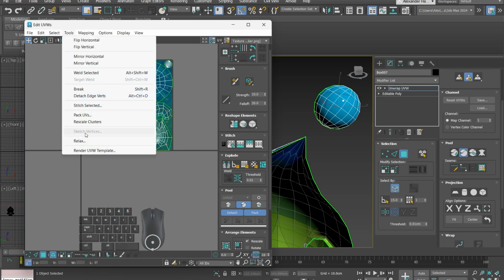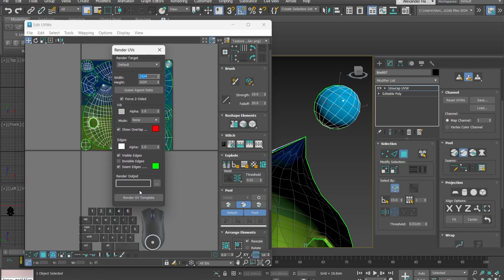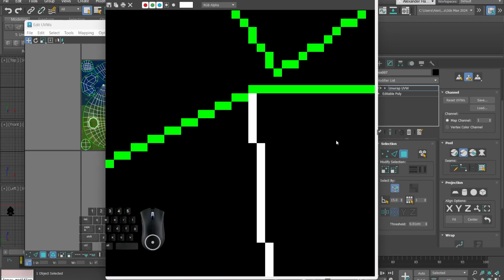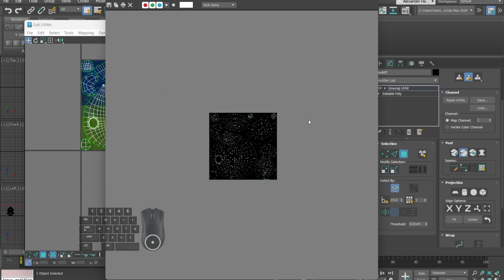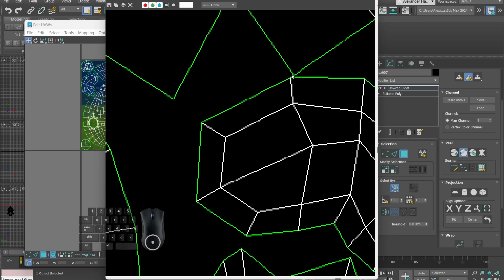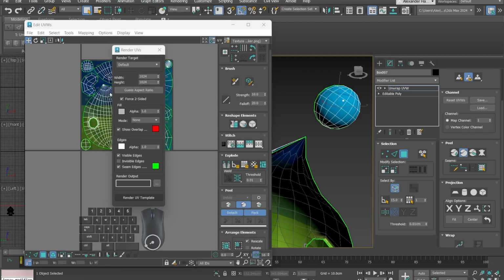Right, I'm going to go into Tools, Render UVW Template. 1024 is plenty for an asset like this. So we will render it. And we can see that there are no errors or overlapping bits. These are a little bit close to each other. I could move them over, but because again it's so simple colours, it'll probably be okay. There's enough padding there. They're a bit close to each other. I could come in,